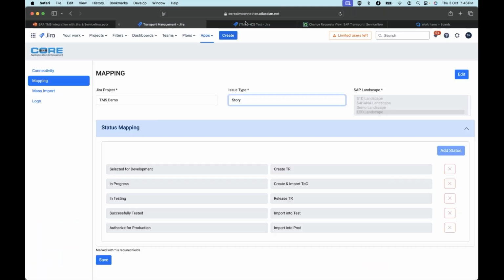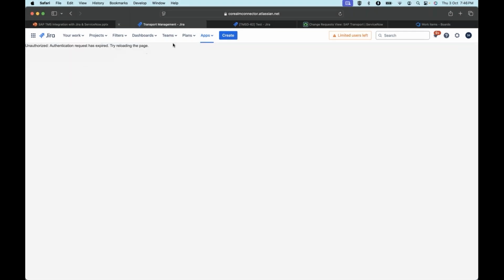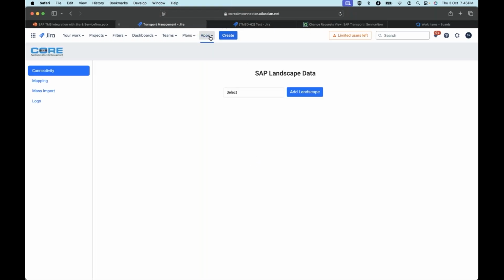At first, we'll go to the Jira integration. Here is our connector, which will be deployed into your Jira instance. Let me reload this, our Jira demo instance. Once you deploy the connector, you'll be able to see it in the applications list. And here you have the connectivity,